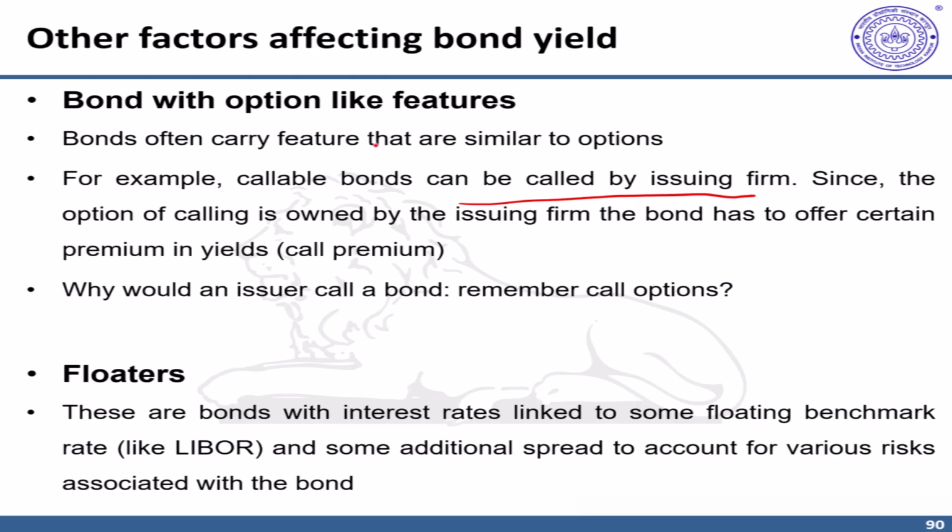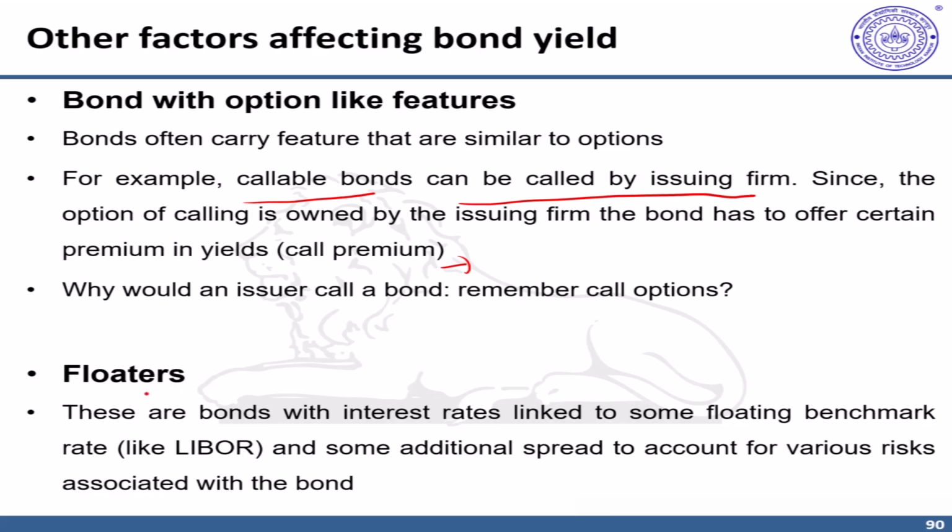Next, we have bonds with option-like features, like callable bonds. These are similar to options. For example, a callable bond can be called back by the issuing firm. Let's take an example. Suppose there is a particular strike price at which the firm is entitled to call the bond back. If prices are rising and the exercise price is lower, the firm may call back the bond, which is currently at a higher price, at a cheaper exercise price. So this puts the subscribers or buyers of the bond at a disadvantage, and therefore for such bonds the issuing firm needs to provide a certain call premium, some additional interest, to motivate investors to buy such bonds.